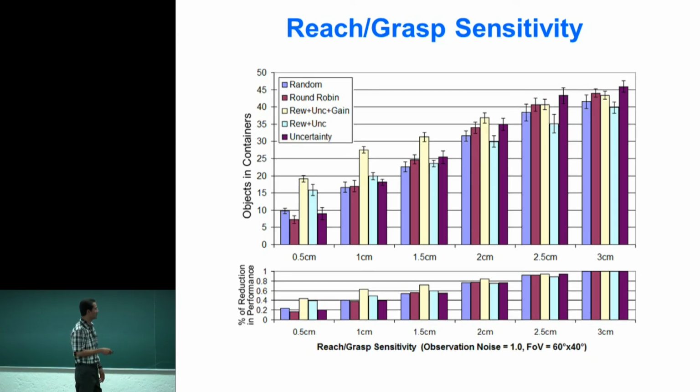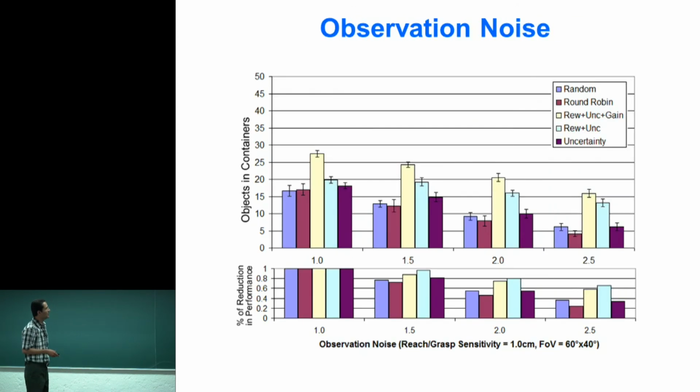So in this case, you can see that this model was better in all these cases where it's actually more important. For observation noise, we have a similar case where this model, where we can allocate gaze to one of the arms, was better than the other ones. In this case, the observation noise was increasing. So that means that even if we look at the object, we still don't get enough information.